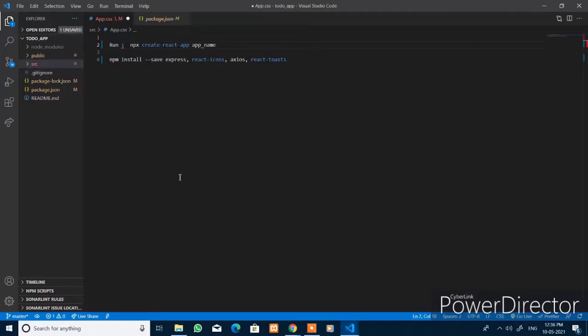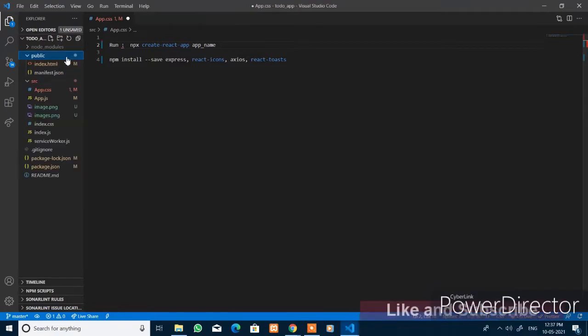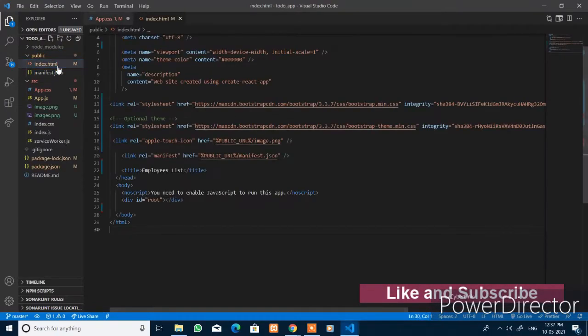To get started with the coding, open an empty folder in your preferred directory and open that folder in the editor, and run npx create-react-app and the app name in the console or the terminal. It will set up the development environment for your React app and also optimize your code for production. It generates all these files and folders. Within this public folder, you have the index.html page. This is the only page that is rendered in the browser.